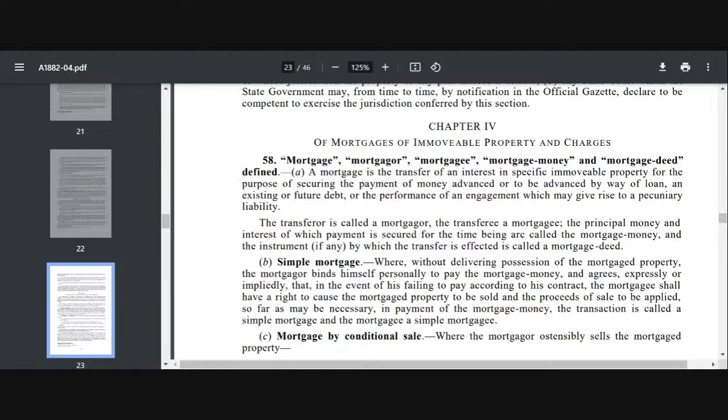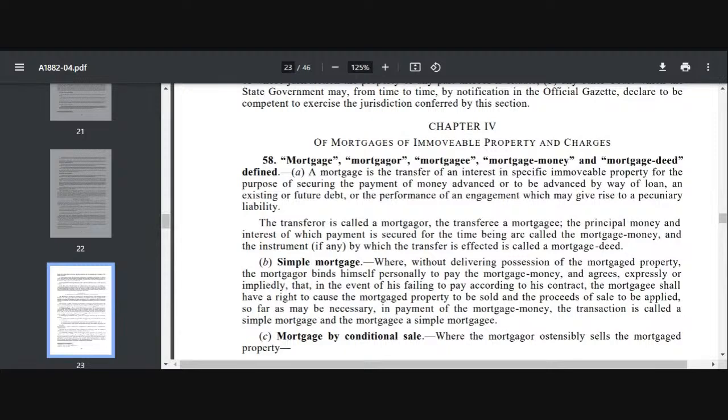In a simple mortgage, possession is not delivered. In a mortgage by conditional sale, it is on a condition that if the payment is not made then by default the sale will become absolute. In a usufructuary mortgage, the mortgagor delivers his possession and allows the mortgagee to take the benefit. English mortgage is where you bind yourself to repay the mortgage money, and you transfer the mortgaged property absolutely to the mortgagee,